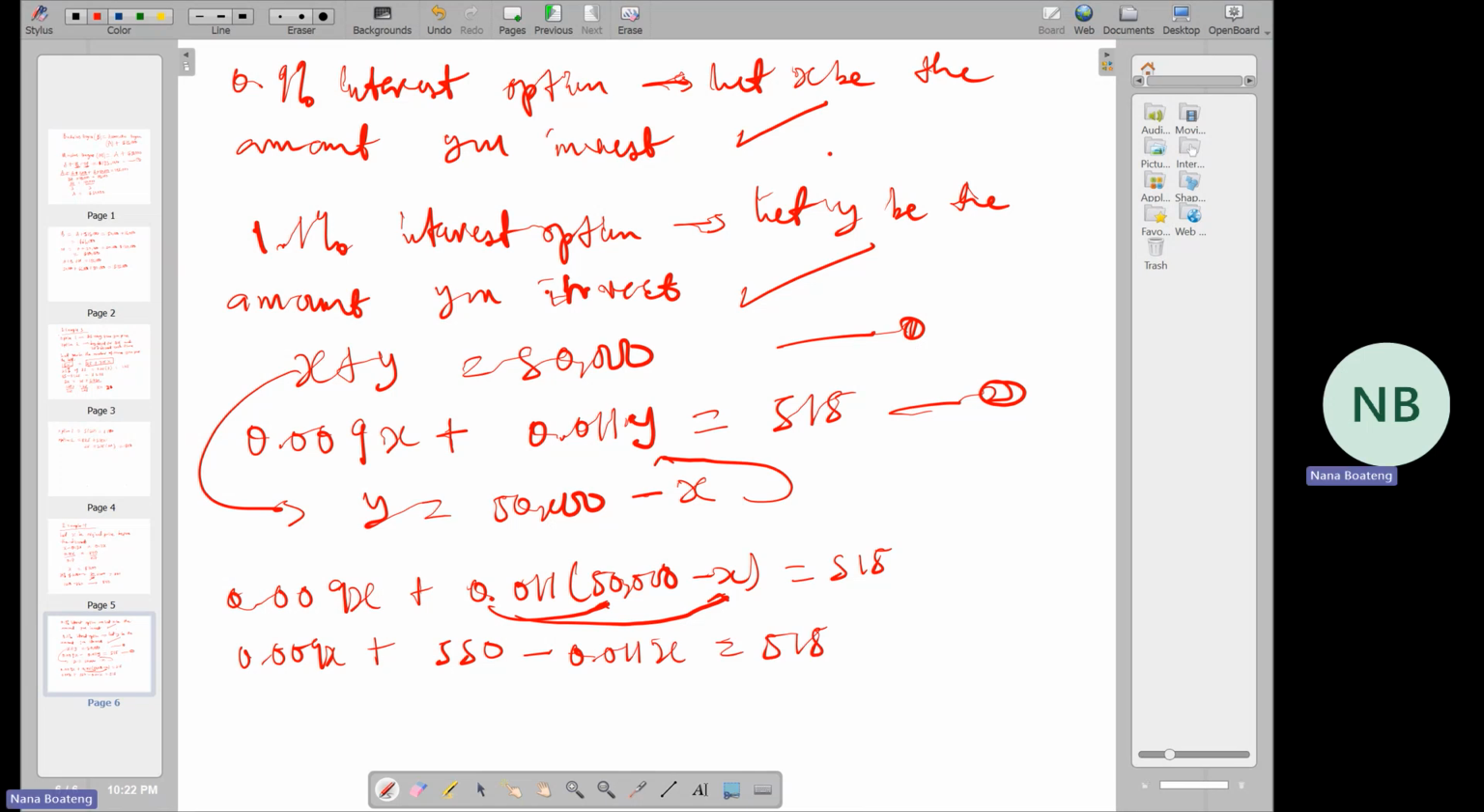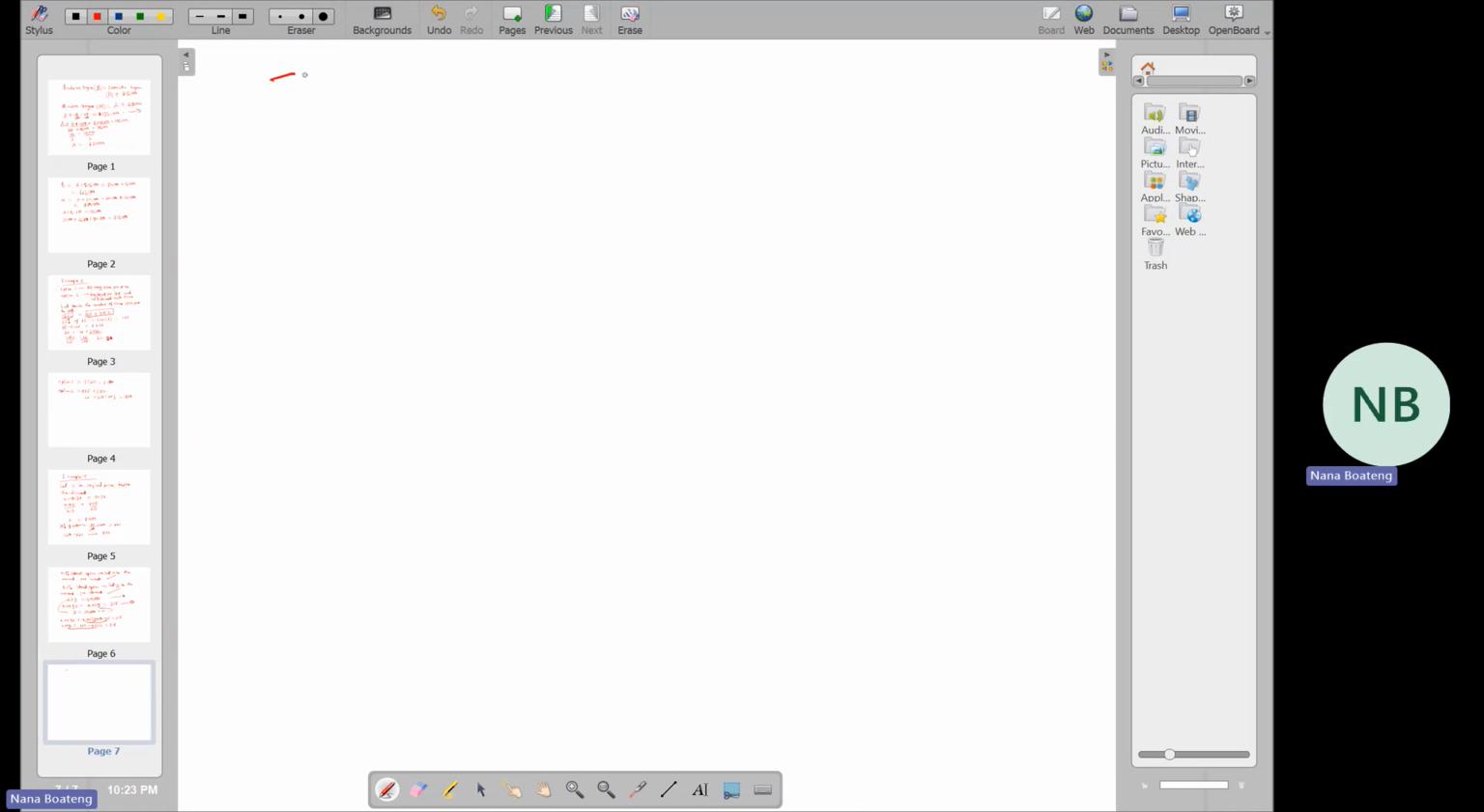And this equals 515. Okay, so if we combine these terms, we get negative 0.002X, and this equals 515 minus 550, which is negative 35. All right, and if we divide both sides by negative 0.002,